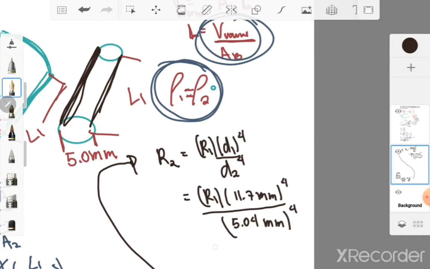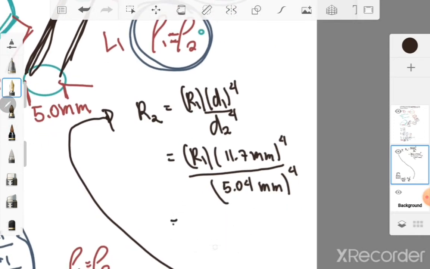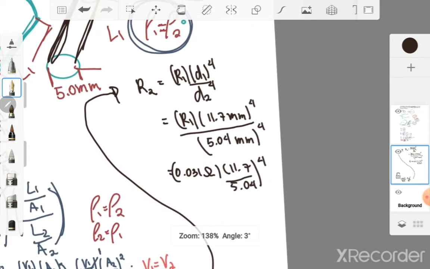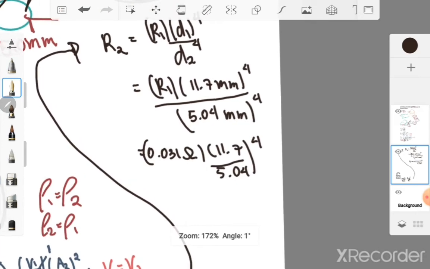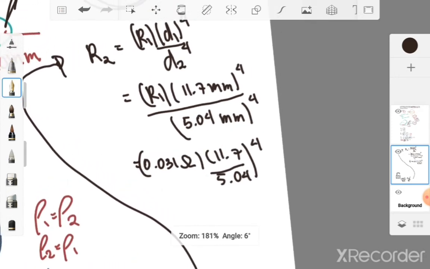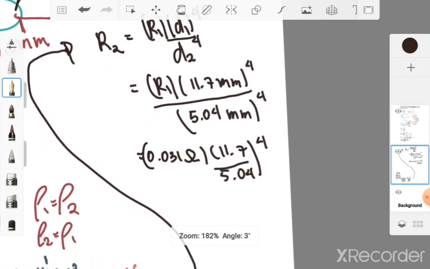Take note that our R1 is equal to 0.031 ohm. Okay, multiplied by 11.7 all over 5.0 raised to 4. So cancelling our millimeter raised to 4, we have a value equal to,